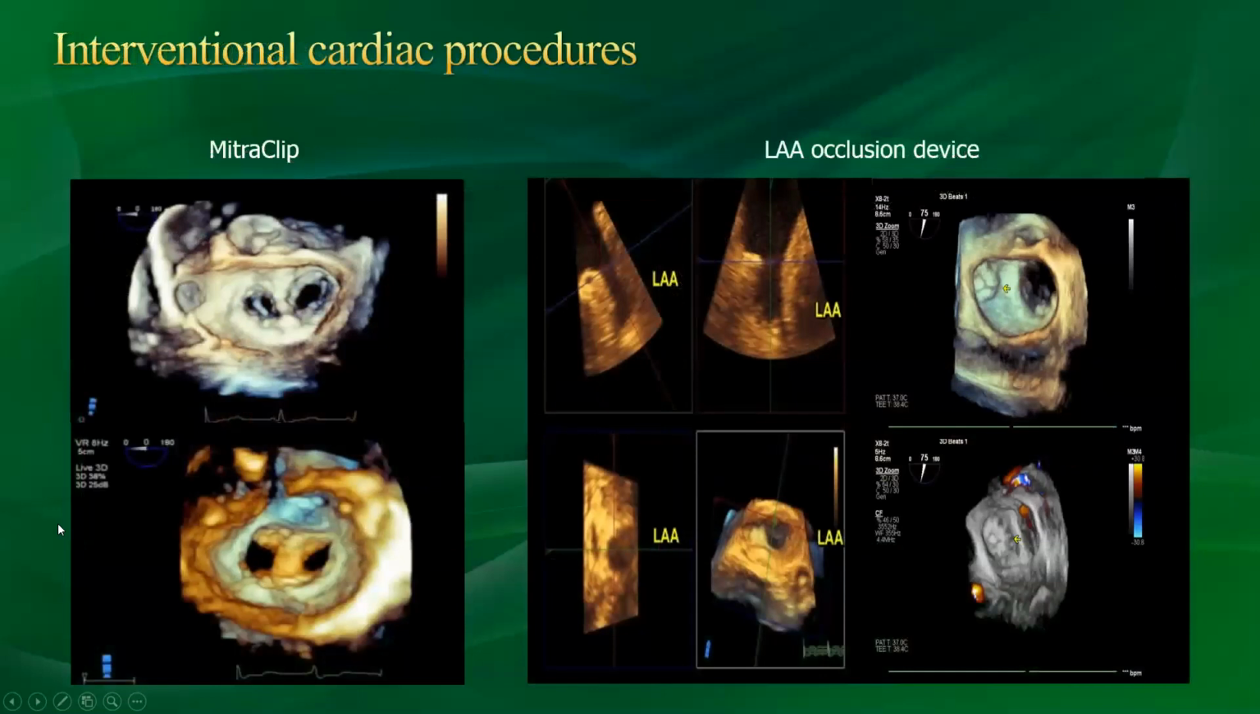Now for interventional cardiac procedures, 3D, especially 3D zoom and live 3D, have a lot of advantages and help us tremendously in terms of procedural planning, accurate diagnosis of the defect and the lesion, procedural guidance, and also follow-up after deployment. For example, here on the left, you have a mitral clip. You can see a valve stretch here with the clip. You can assess for alignment and help with the procedural deployment of the mitral clip,